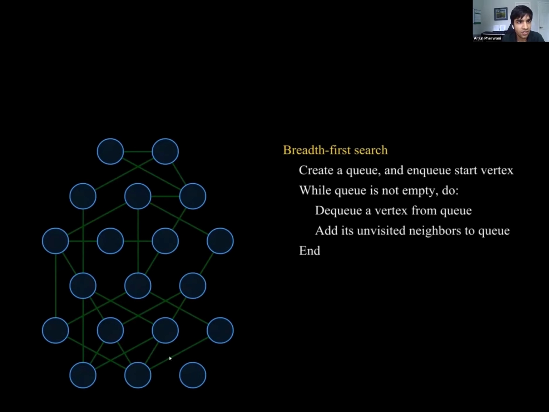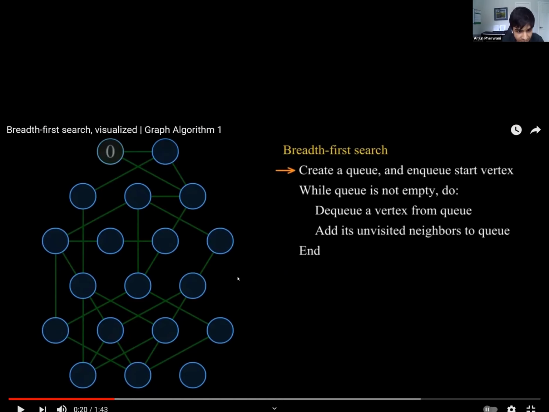Anyway, could you pause for a second? It's kind of hard to see, but do you see those little lines between the nodes? Yeah, there are a few lines between the nodes. You're talking about the green ones? Yeah.